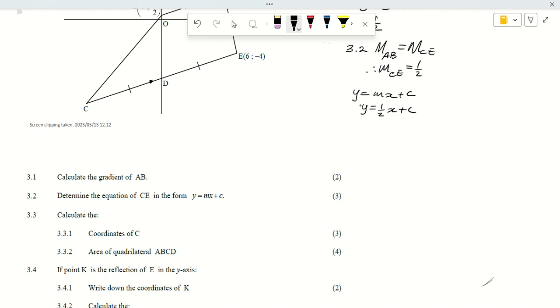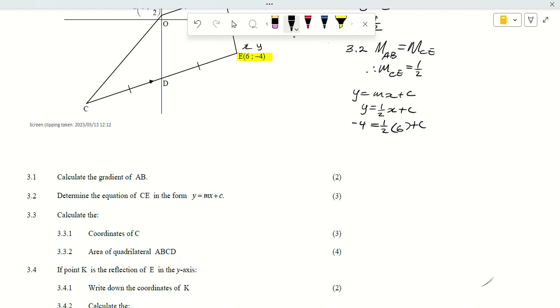But in the line CE, we have the coordinates of E. So we are going to use those coordinates to find the y-intercept. So remember, this is x and then this is y. So y is -4 is equal to 1 over 2, and then x is going to be 6